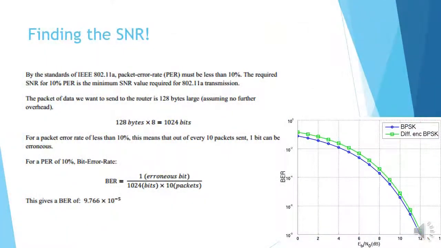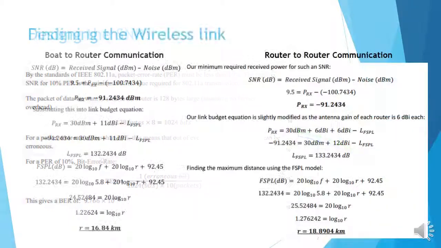Using the 802.11a standard, the packet error rate had to be at most 10%, meaning every 10 packets, one fails. Knowing each packet is 1024 bits, one erroneous bit in 10 packets gives a bit error rate of 9.766 × 10^-5. Using a BPSK graph for a given bit error rate, the signal-to-noise ratio was found to be 9.5, producing a receiver power of negative